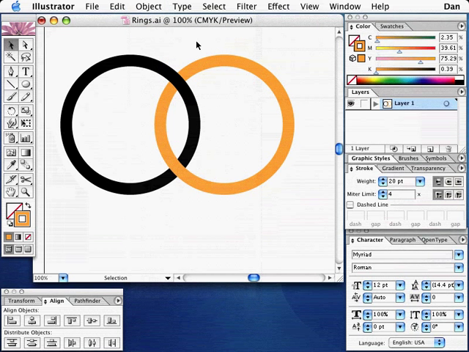And you can see here now I've just deselected by clicking away. I've got 2 rings intertwined. I want to make this even a little more sophisticated. I would like to put a white key line in behind the black line right here. So let me go up and select this by dragging across,